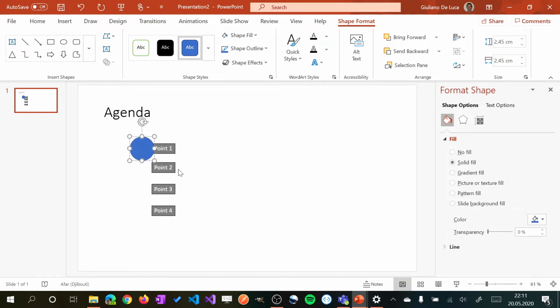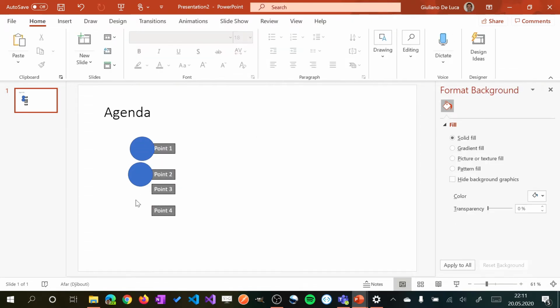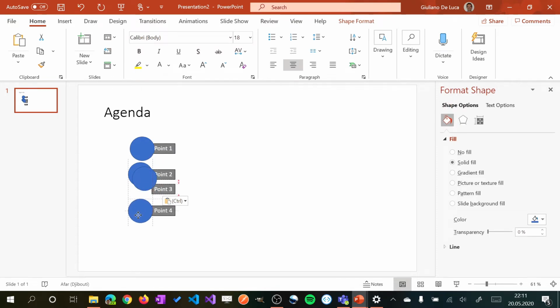And now I will do the same for the others. We have to create a better distance. Let's move this one a little bit down again,